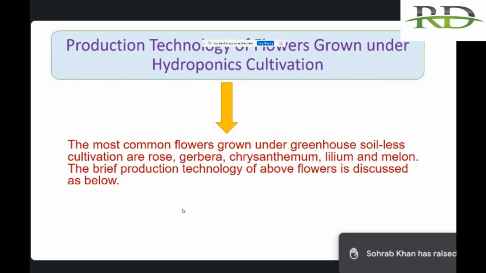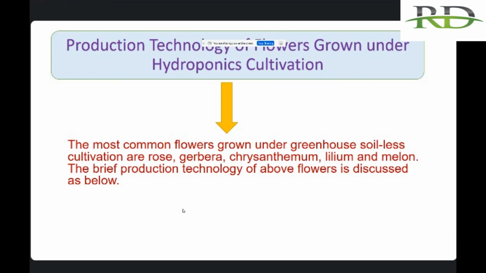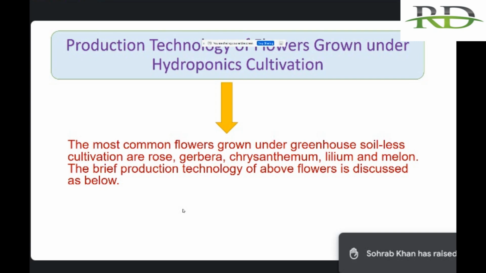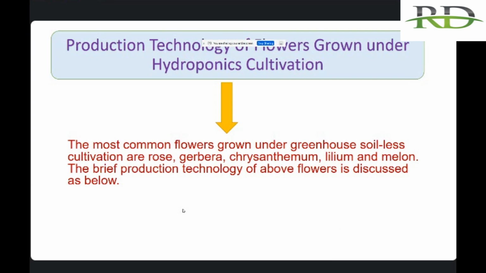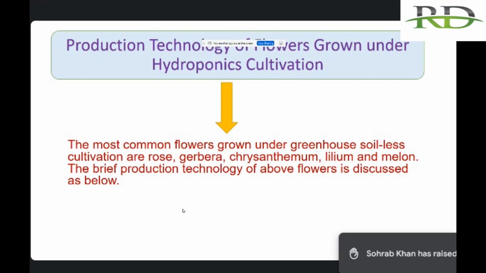Now, as we have talked about the vegetable crops, I forgot to include lettuce, pak choy, and spinach. These leafy vegetables are grown exclusively